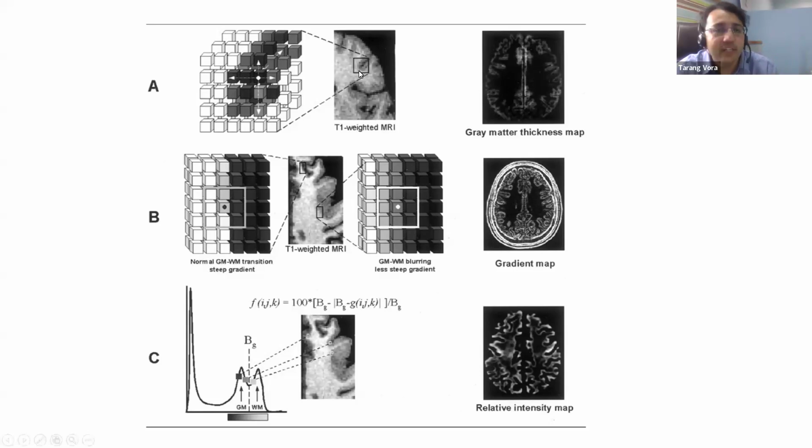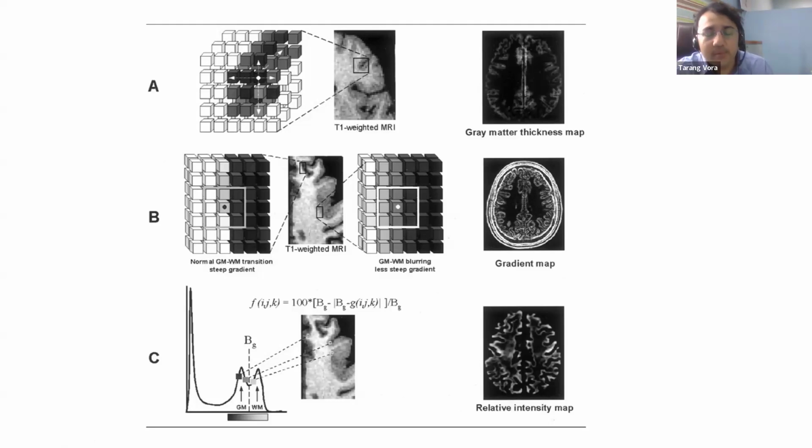Each voxel is going to have a different color depending on where the voxel is. If the voxel is in the gray matter, it will have a gray color. If the voxel is in the white matter, it will have a white color. If the voxel is at the junction of gray and white matter, then it will be a blurred voxel. So whenever we have a focal cortical dysplasia, abnormal cells producing some abnormal seizure-like activity, that is dysplastic tissue in the brain, we may not be able to see it on the MRI with the naked eye, but the voxel-wise distribution helps the computer identify any change from normal.